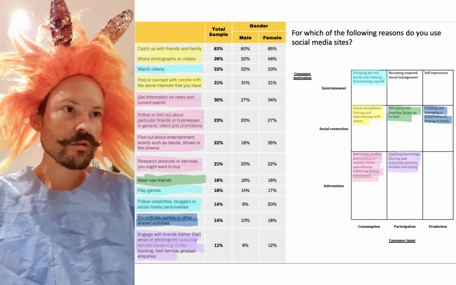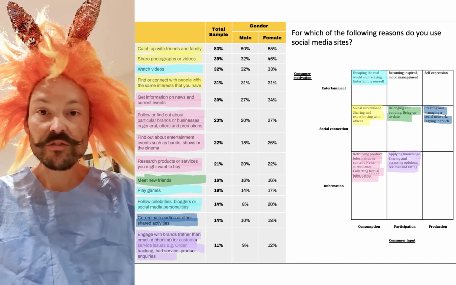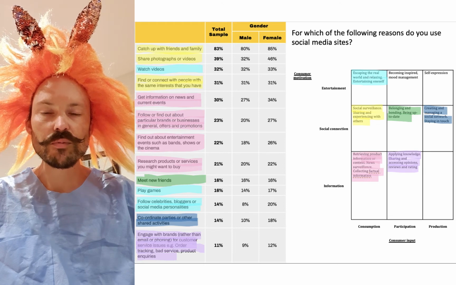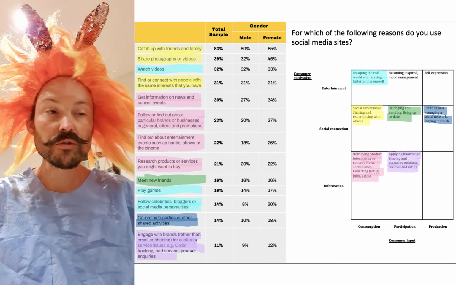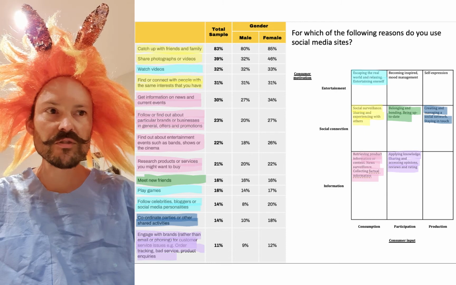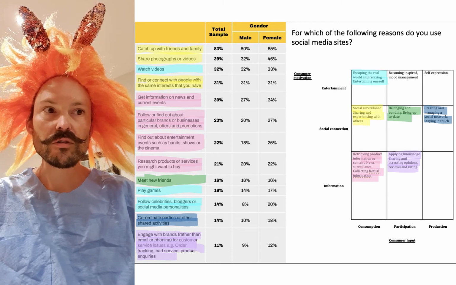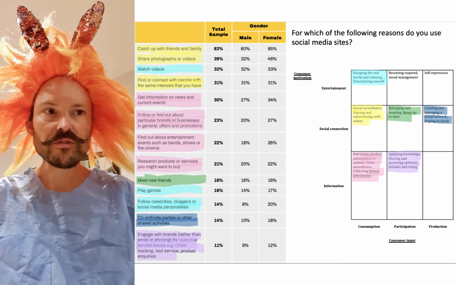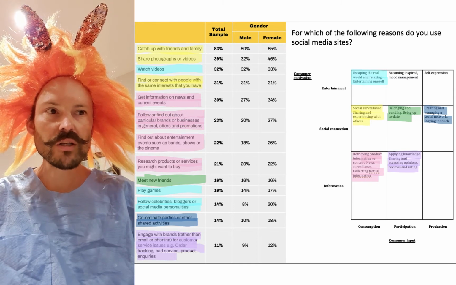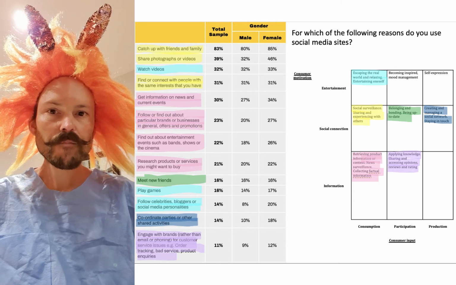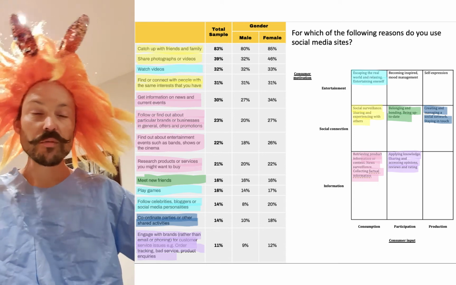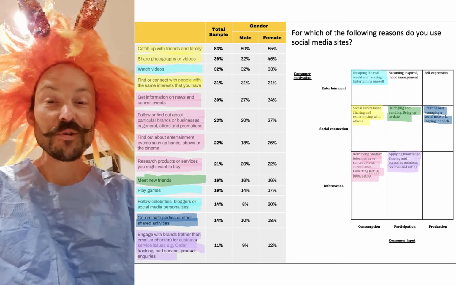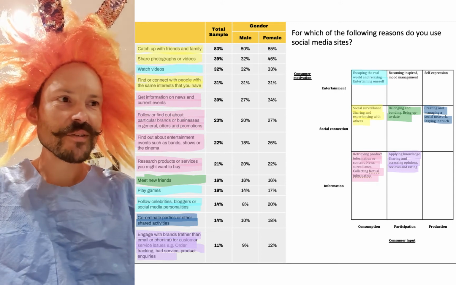So these are figures for the following reasons for why people use social media sites. This is in the census report, where I asked why people use social media sites. So these are the most common reasons for why people use social media. And I took those reasons and categorized them based on the Heinonen framework. I mean, you may disagree. You can write a blog post about reclassifying it or using another framework to classify, for that matter.